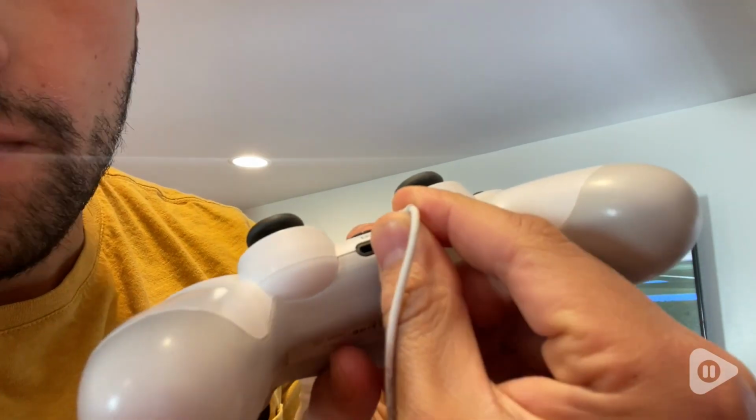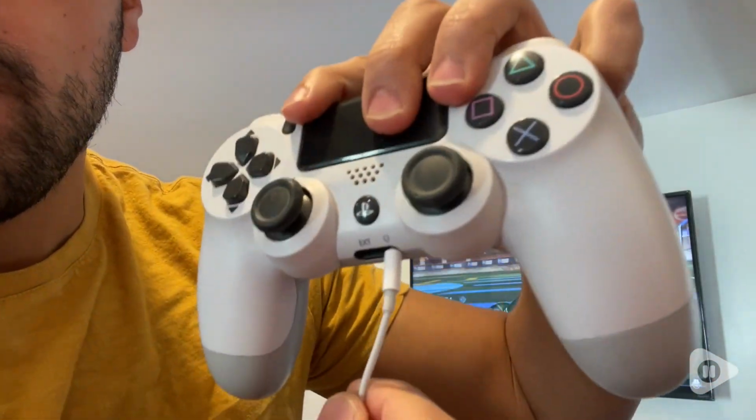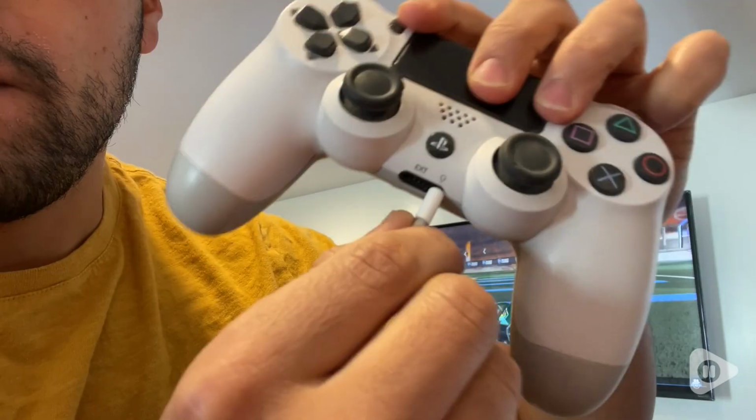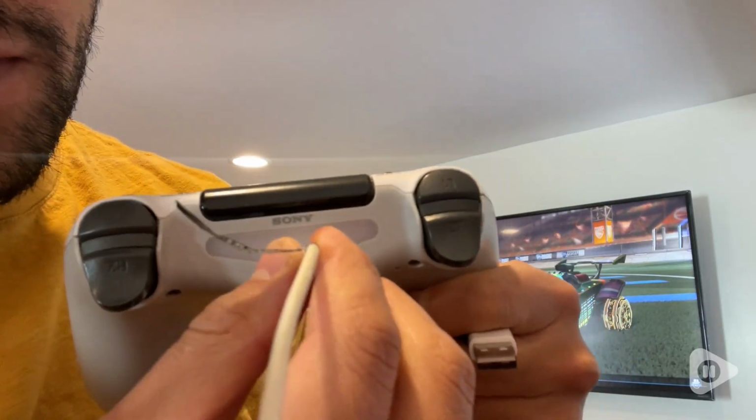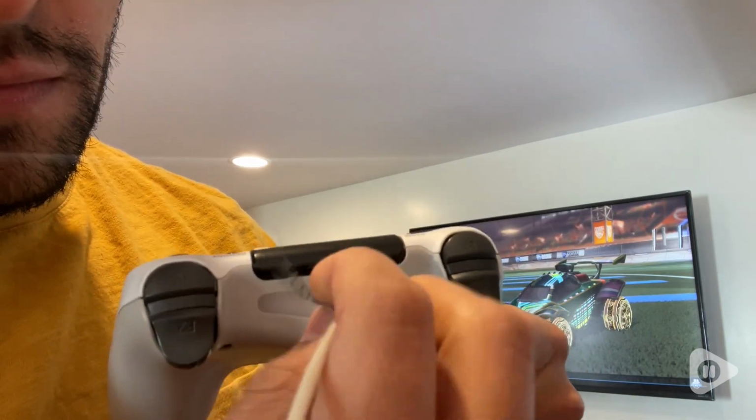It has an auxiliary port so I can connect my headphones, and I like that even if the battery of my controller is running low, I can charge it with a USB cable while I'm still playing, so the fun